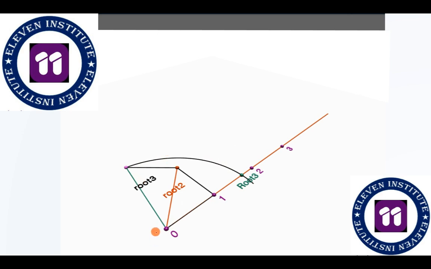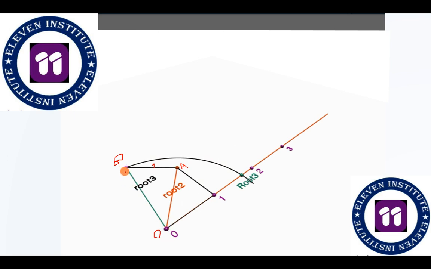In case you still have doubt, this is our point O. This is our point A, right? And this is our point B, right? So this is our base of root 2. This is our altitude. Remember, I have told we will take this as 1 unit, right? So when base is root 2, altitude is root 1 or 1, right? Then the hypotenuse will be equal to root 3, and then again it is simple.